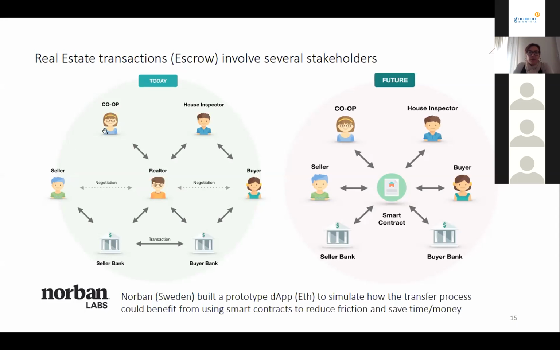If the home is part of an apartment building or a co-op in some way, there's going to be somebody from the co-op board involved. There's a housing inspector involved who has to come in and ensure that the house really is in the condition that they say it is, that there's no structural issues that could affect the value. And then of course you have the banks and various levels of negotiation that go on between all of these